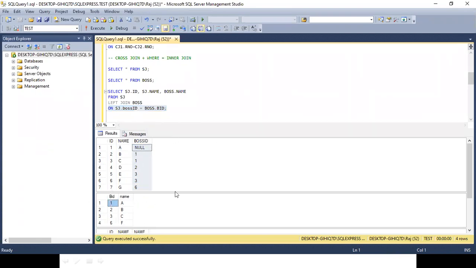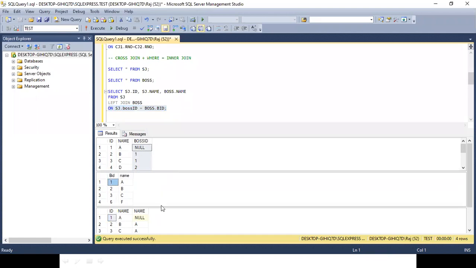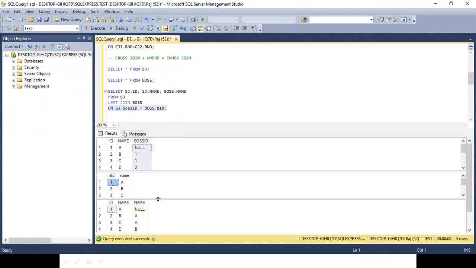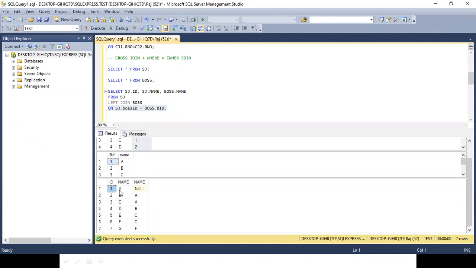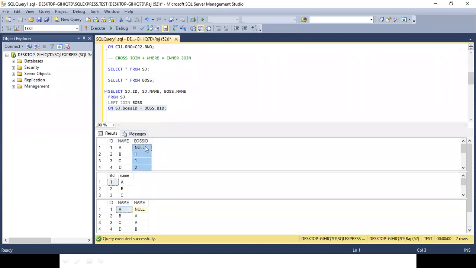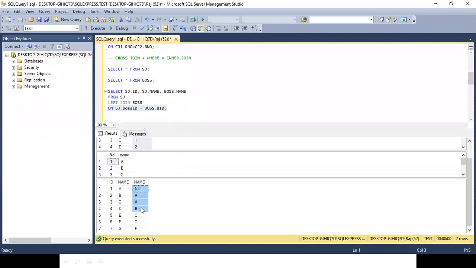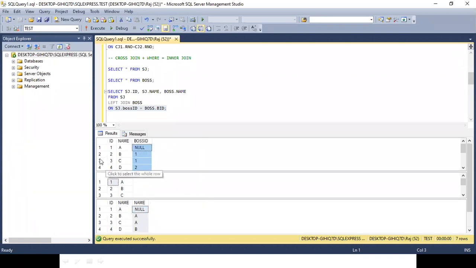These two fields are getting compared. So what it will do for the join, let me make it like this. It will take 1A from the SJ, so it will display 1A over here. Then it will look at SJ.boss ID, and A's boss ID is null. So it will look for null over here. Null will remain null, so a null will be displayed. In the second case, it will take 2B from the SJ table. It will write 2B and see that B's boss ID is 1. It will check the name of 1 from the second table and display A.